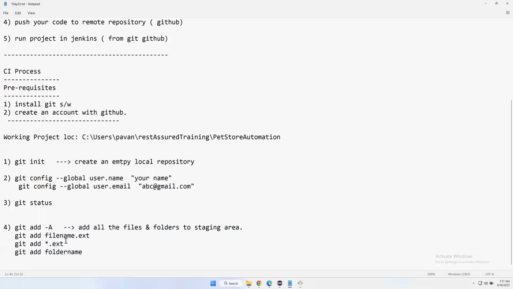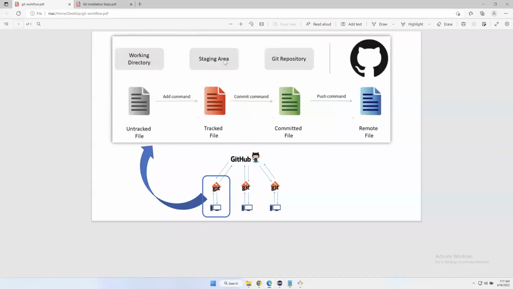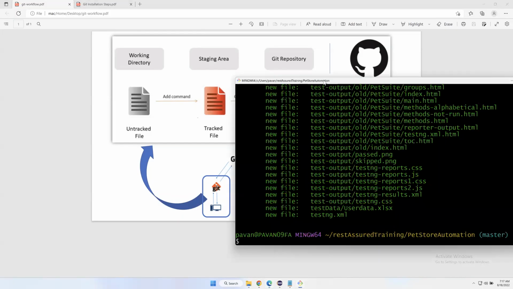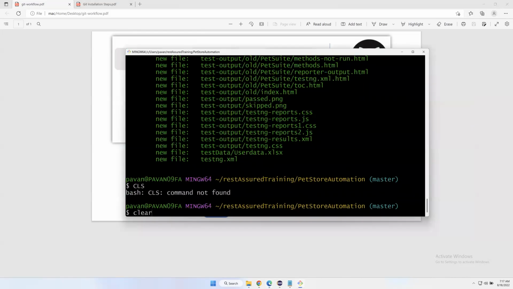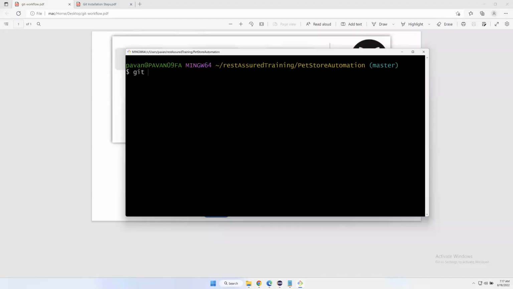So now all files are present in the staging. If I just look at here, we are here now. Okay, we added all the files from the working directory to the staging area. So currently we are here. So what is the next thing now? We need to commit our files from staging to the Git repository, which is your local repository. So for that, we have to execute one more command called the commit command. Now again, go to the same command prompt, clear this,